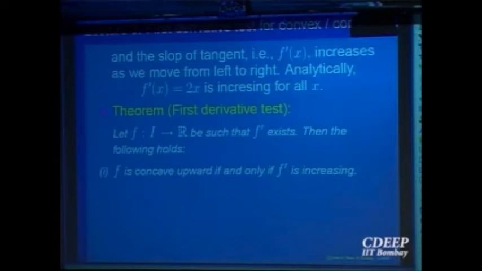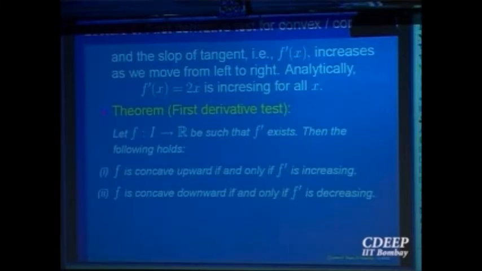It is not only for y equal to x square. For any function which is concave up and is differentiable in that interval, the theorem says it is concave up if and only if, both ways. Right? Like we had a function was increasing if and only if derivative was positive. Something similar is happening here. This is the first part of this. So f is concave upward if and only if f prime is increasing, and similarly you will have concave downward if and only if f prime is decreasing. So this is the first derivative test.